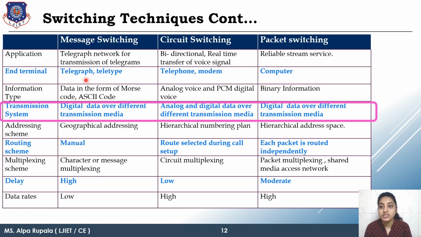In message switching, we are sending digital data over the transmission media. In circuit switching, we are sending analog and digital data over the transmission media. In packet switching, we are sending digital data over the transmission media. Basically,